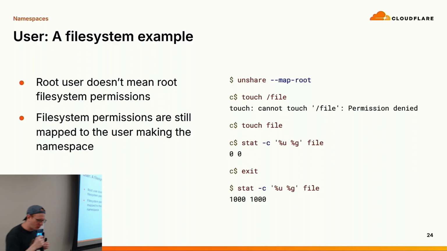So to drive this point home, that you only have root capabilities does not necessarily mean that you have root file system capabilities where you can perform dangerous operations. So when I am in this container, even though I am root, when I try to create a file in the root directory, I can't actually create it because I don't have the permissions, okay? But if I create it locally, it is created with the root user. Weird. But if I get out of the container and then I stat that file, oh wait, it's actually created